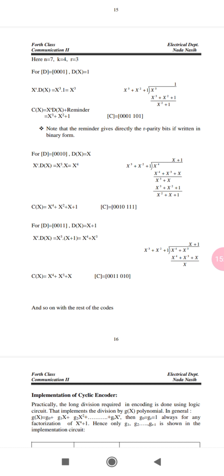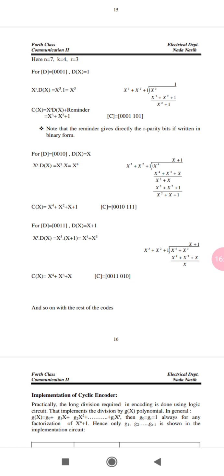Here is x cube, in here is x4, then x plus 1 is there, x cube plus x cube and x4, then x is there. Then x4 plus x cube plus x is x cube plus x cube is there, plus 1 is the value, and our remainder is x square plus x plus 1. Again the same, calculate c of x is equal to x raised to 4 plus x square plus x plus 1, meaning c is 0010 there.